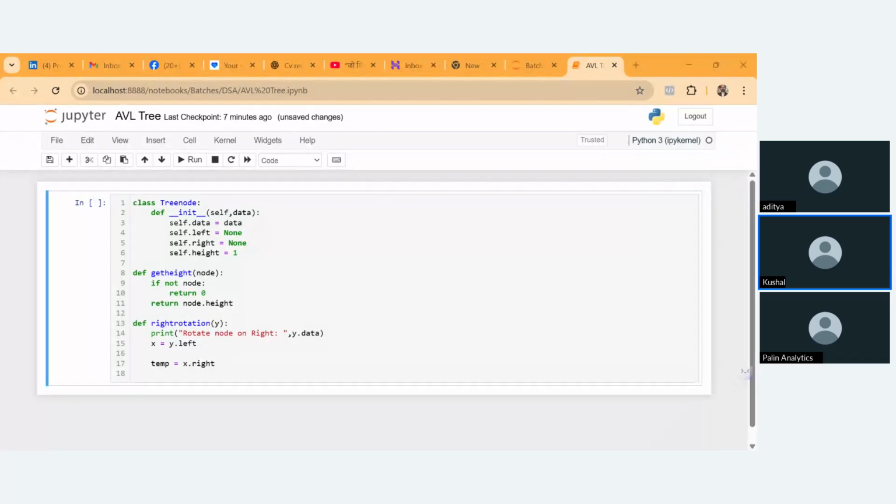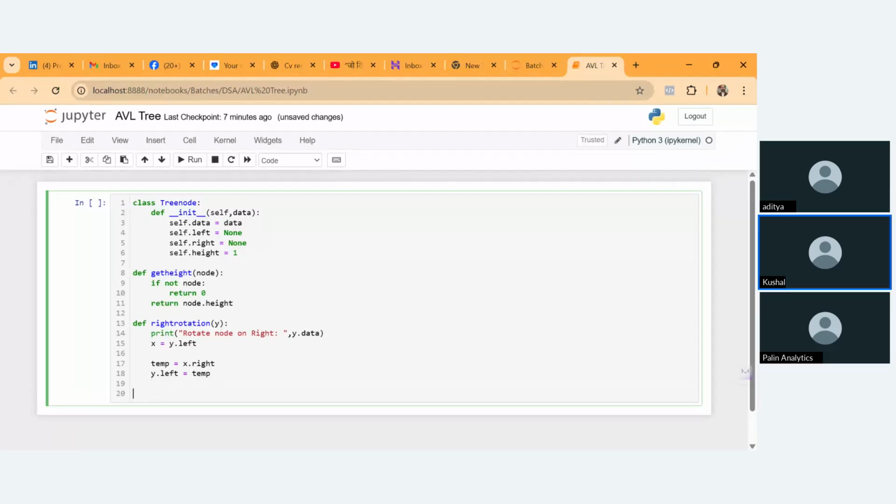Okay. If x has a right, it will come. Otherwise, it will be blank. And then y dot left is equal to temp. Okay. If it has the right node. Okay. And then y